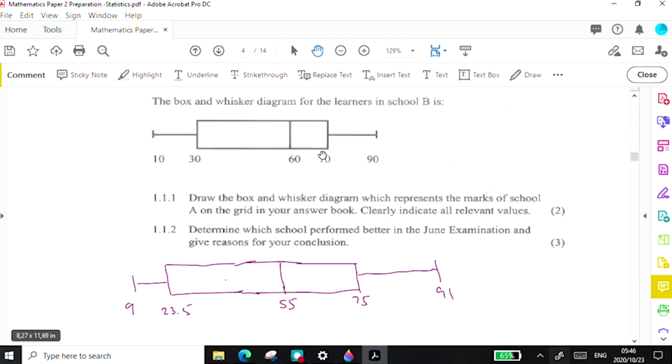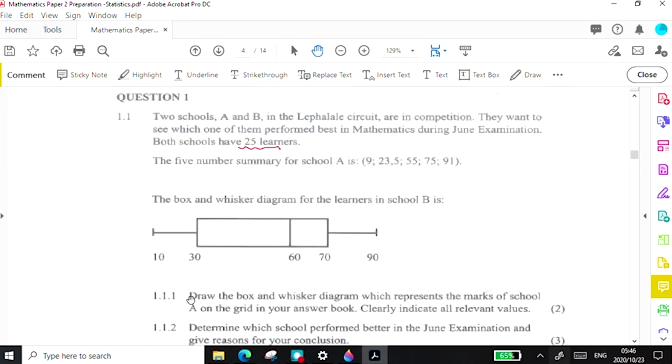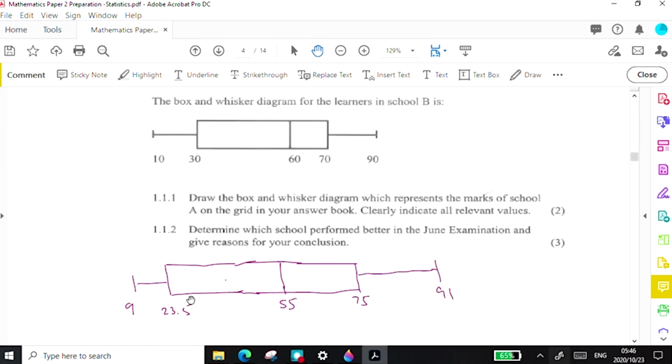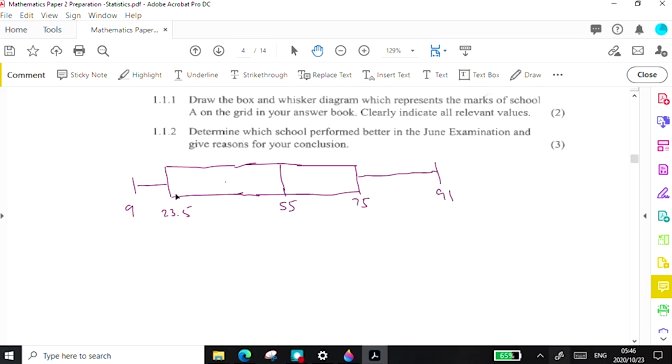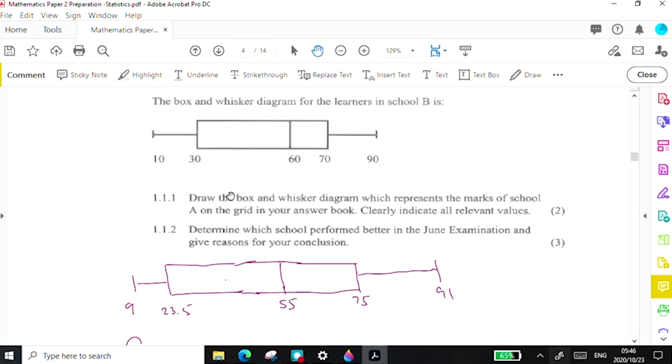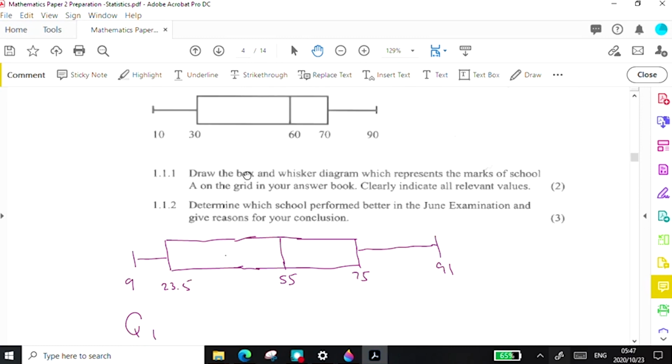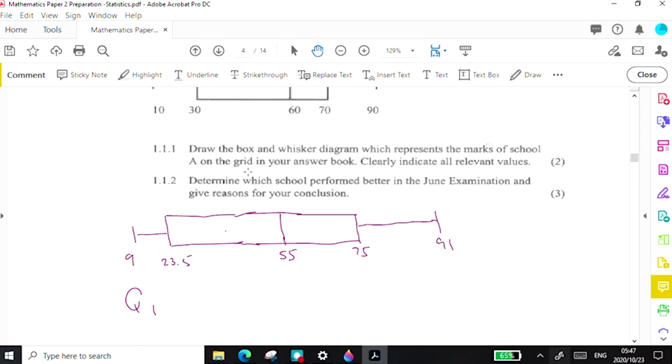Now, when comparing these two, if we look at the first quartile, Q1, which is the lower 25th percentile of students, you can clearly see that